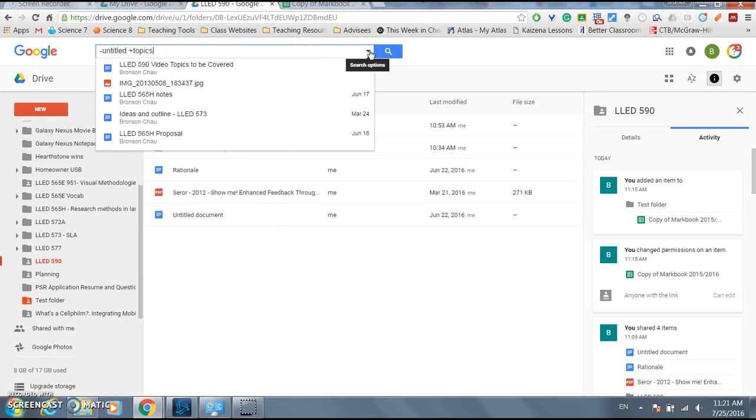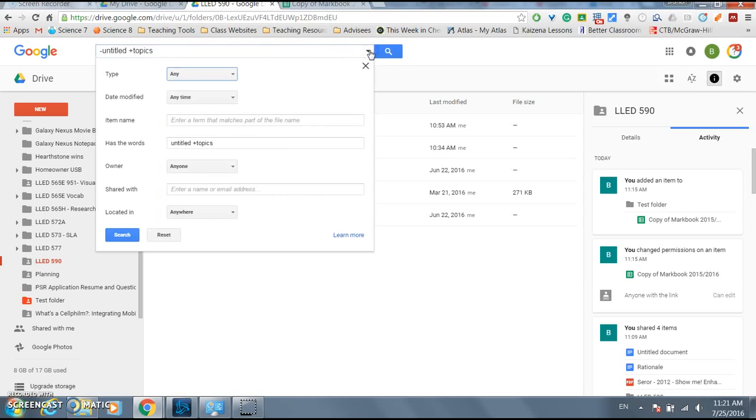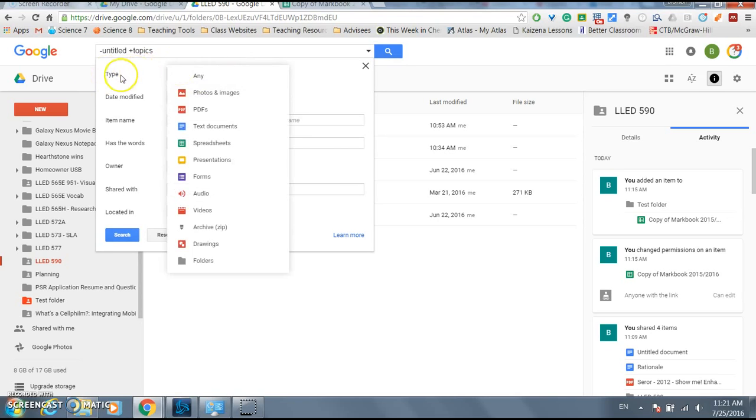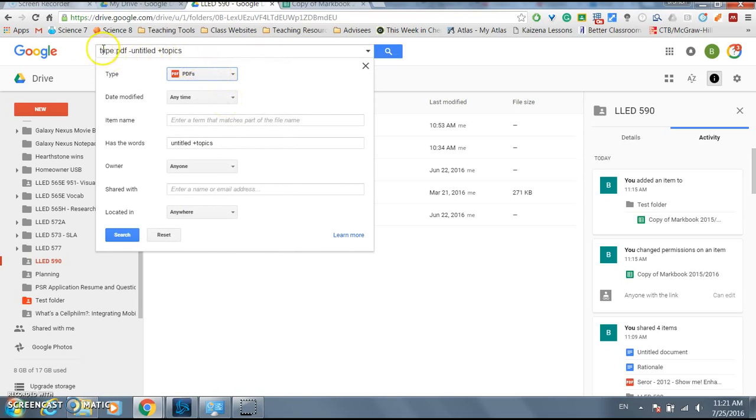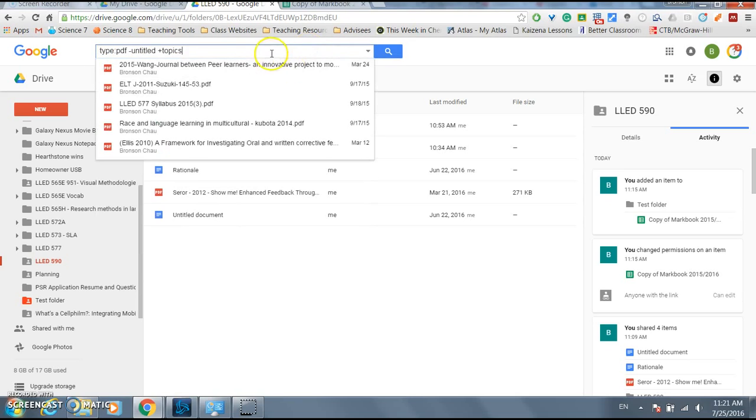Now if I click on this particular arrow, you'll see that more advanced options come up. So on this side here, you'll see that you can search for file types. So if you know the specific file type you're looking for, let's say it's a PDF, you'll see that at the top it comes up type: PDF. And so if I search for it,